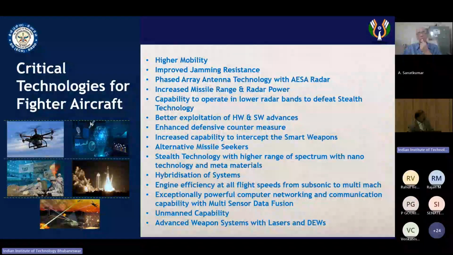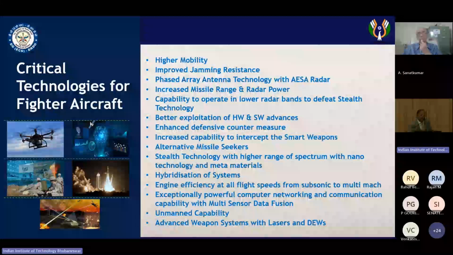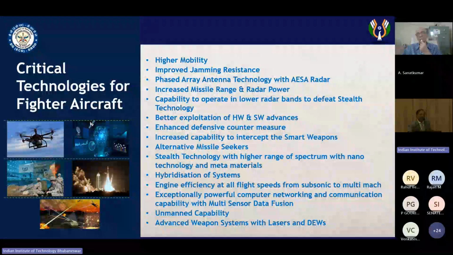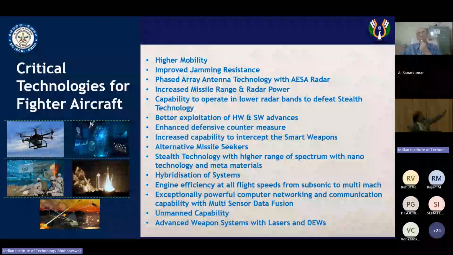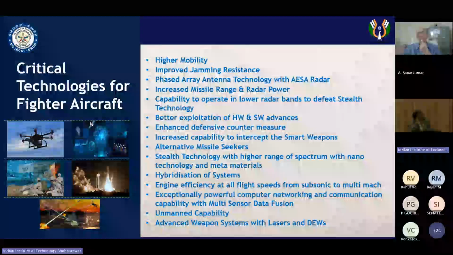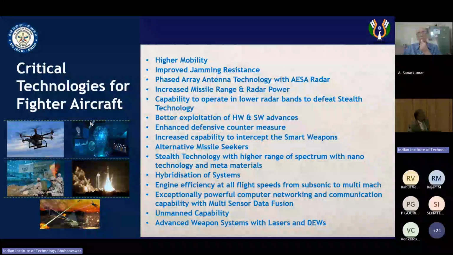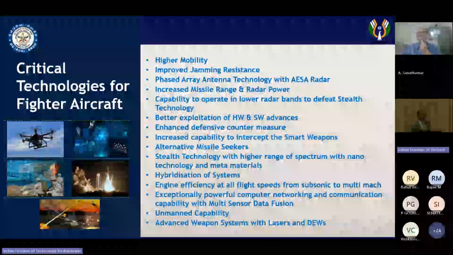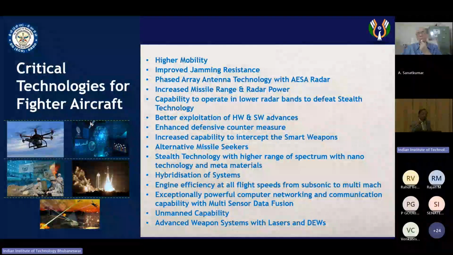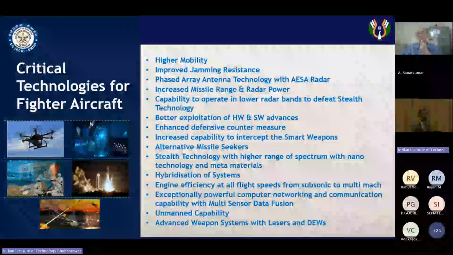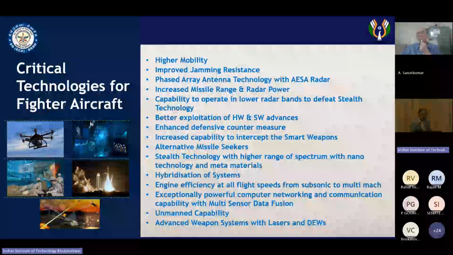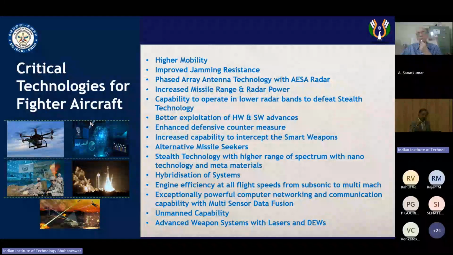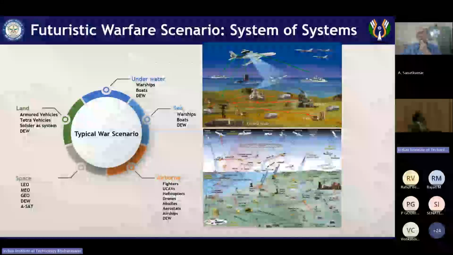If we talk about a fighter aircraft, when it flies in the sky we clap, saying India wins. But you never know how much technology gets imbibed to make a fighter aircraft. Today morning somebody was asking me for that. The higher mobility, the improved jamming resistance, phased array antenna technology for the radars, and so on and so forth, the plethora of technology which needs to be matured by a country if you want to make your own fighter aircraft. You'll be very happy to know India has its own fighter aircraft called LCA Tejas, LCA Mark 1, Mark 1 Alpha. Now today we are making Mark 2. Tomorrow we are going to make Stealth, the 5th generation fighter aircraft, which will be invisible in the sky. That's the kind of power India is roaring with so far as fighter aircraft is concerned.